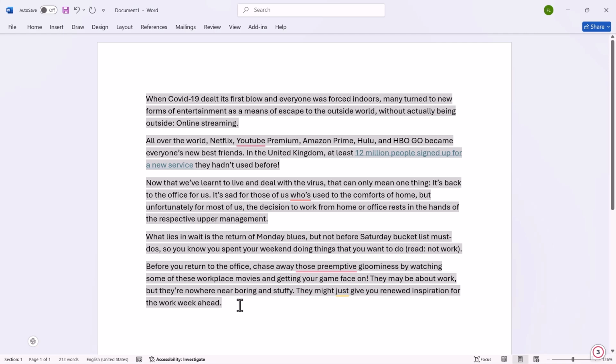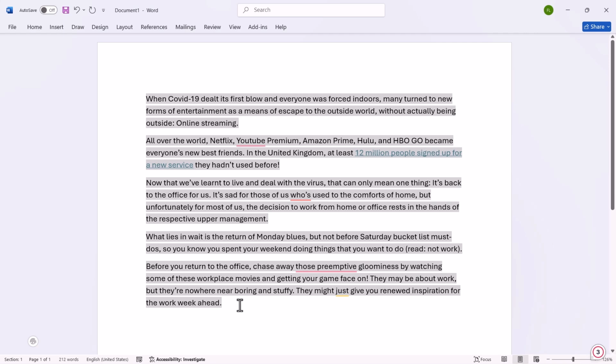So you might have copied some text off the internet or from a document and pasted it into Microsoft Word. And you found that there's some kind of background color on your pasted text, whether that background color is gray or another color. Don't worry. In this video, I'll be showing you how to remove that pesky, stubborn background color from your pasted